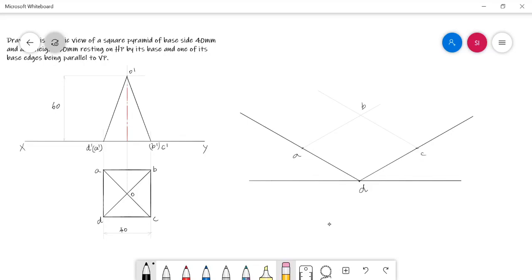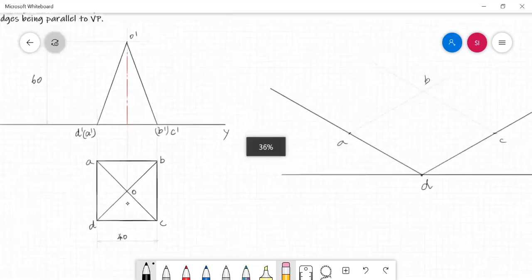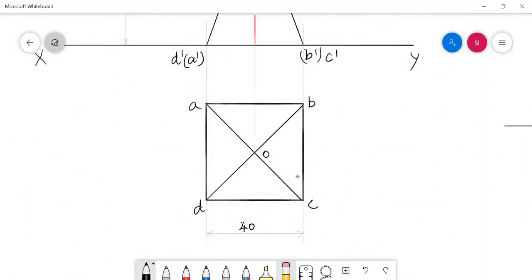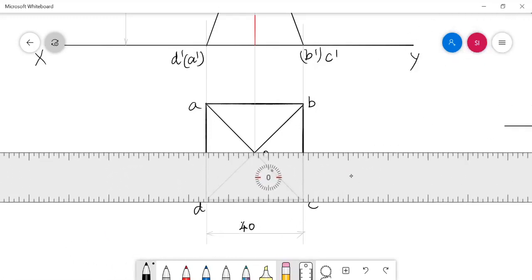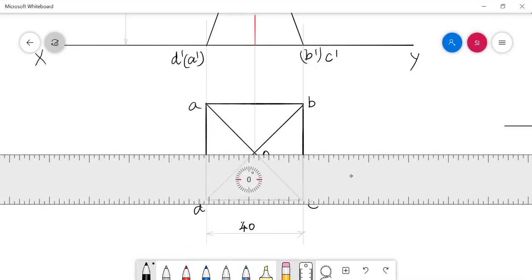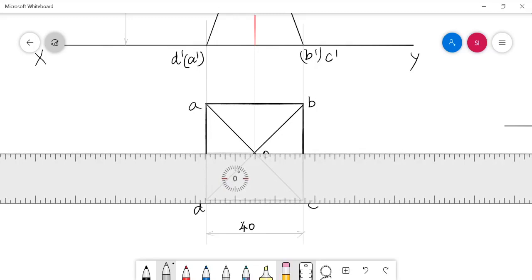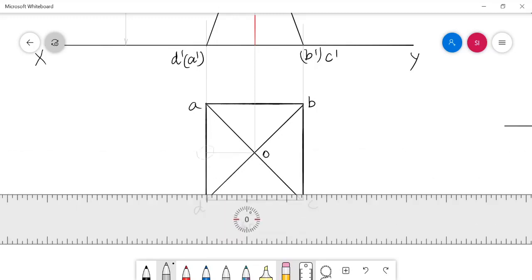And now, in order to mark the apex point O, let me follow a procedure, though the same objective can be obtained by various simple geometric methods. Now I am showing you a simple method. What I am actually doing is transferring this O point towards the edge AD, and I located it here.